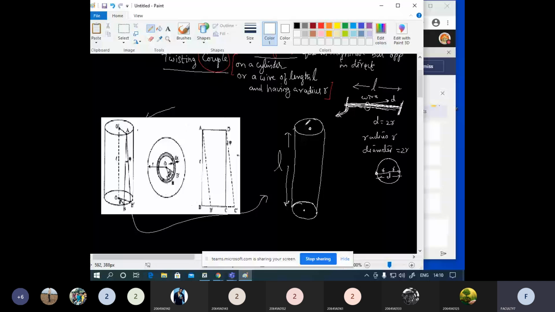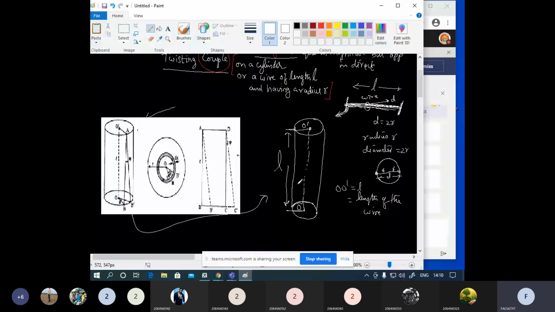Now this is without any couple. You didn't apply any force. Before that, consider a line here, joining these 2 dots, and consider that the distance between these 2 points is L. So you can consider O O dash equal to L, which is nothing but the length of the wire. L is the length of the wire between point O and point O dash.